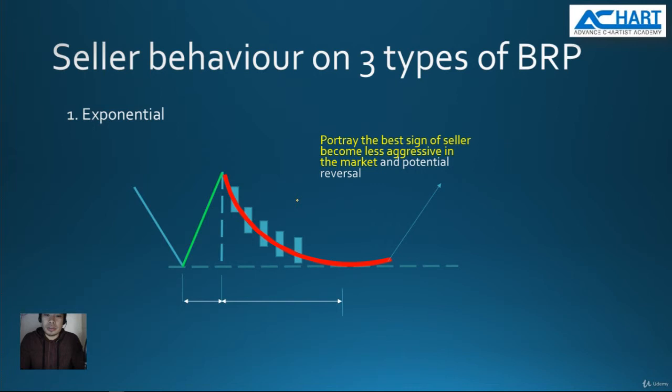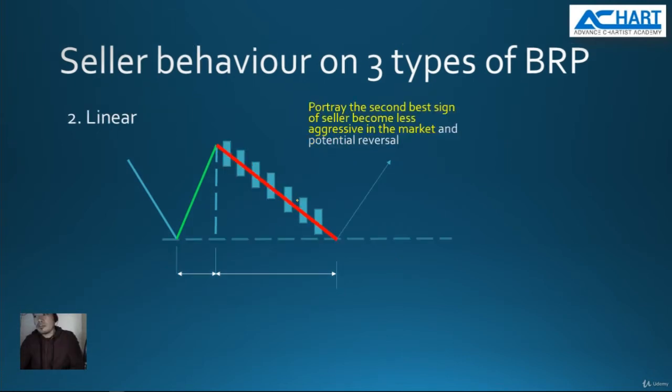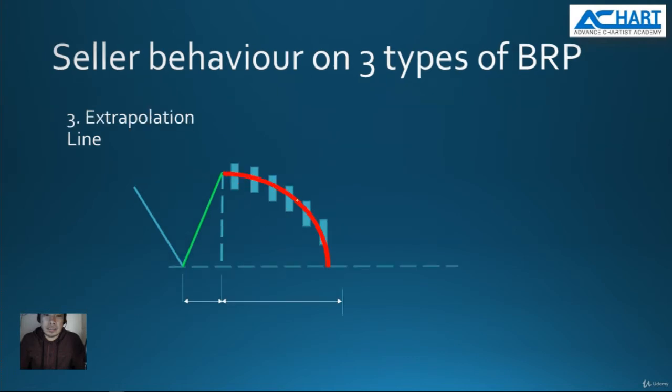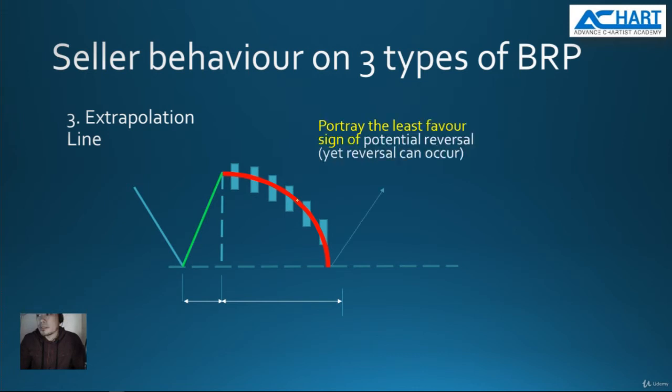You can see the second type is the seller. This portrays the second best sign of the seller becoming less aggressive. You have to remember that the best sign is the parabolic pattern, and this is the least best, the least favored sign of potential reversal. We are less in favor of these patterns because this is a strong pattern for downward, but it actually has the potential